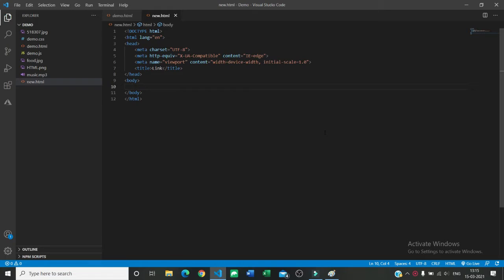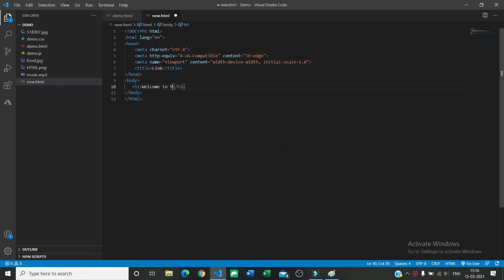We are here presenting a course on HTML and CSS, and now in this lecture we are going to talk about how to apply border to any HTML elements. So let's start. So in body, first I am going to create an element. Let's say in h1 tag I am going to write welcome to Your Engineer.